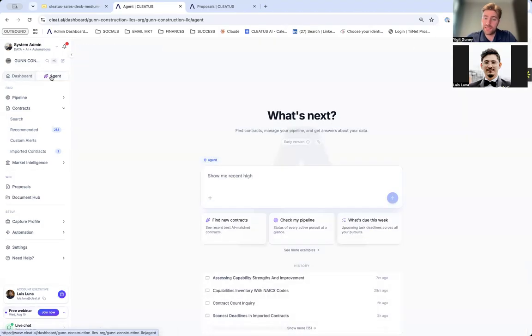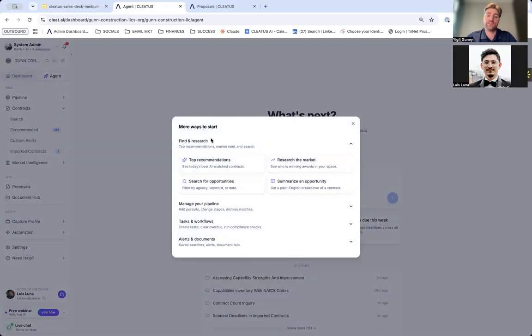Again, our platform is agentic. The answer to how does CLEATUS do anything, or how do I do anything on CLEATUS, is you can actually just ask CLEATUS, right? Telling it to review your pipeline, to produce a report for your manager, or to go in and do a particular research or find an opportunity. There are a lot of examples of use cases with our agent. We try to make it easy by providing lots of examples. So, you can see some research-related ones,